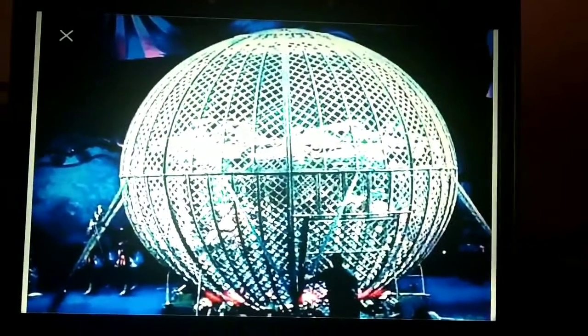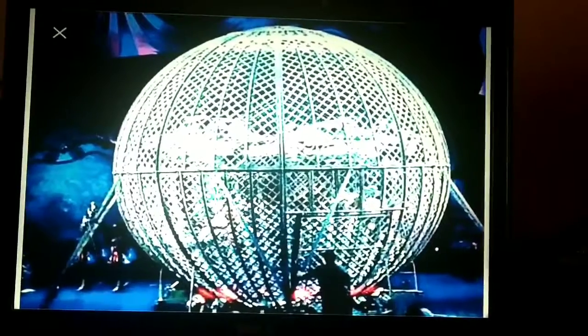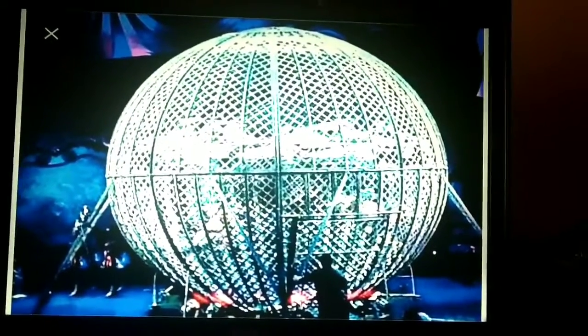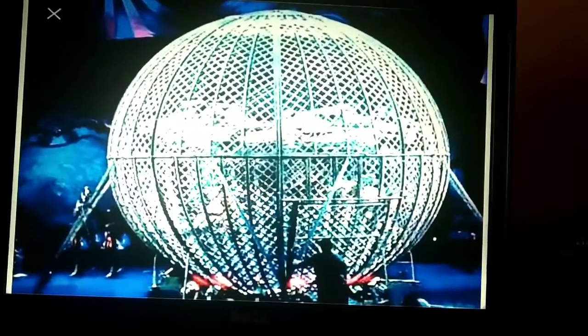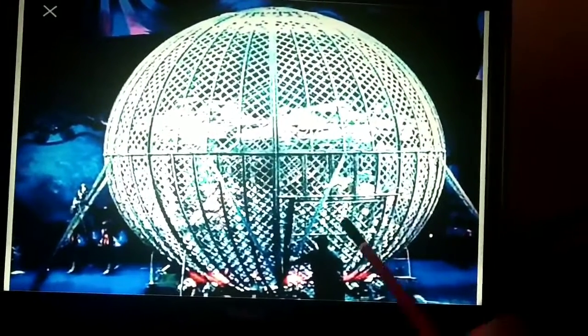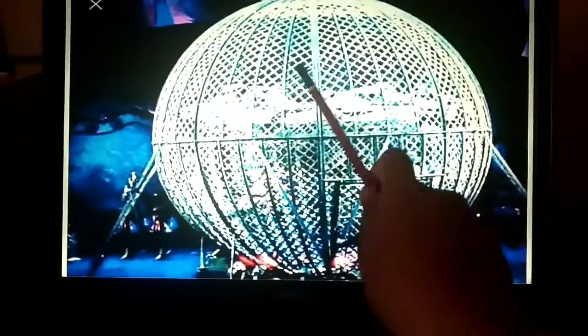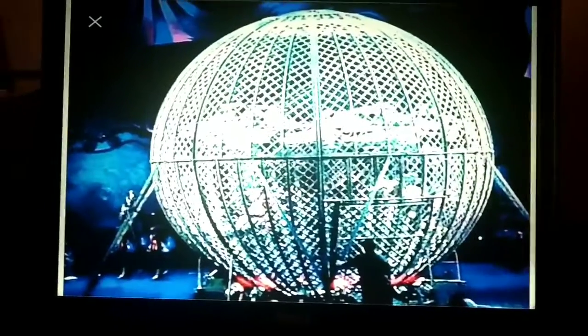First, the bike riders start with very small horizontal circles, meaning they start their motion from this position. They perform a very small horizontal circle, then slowly increase their speed, reach over here, and after a certain point they start the vertical circular motion.